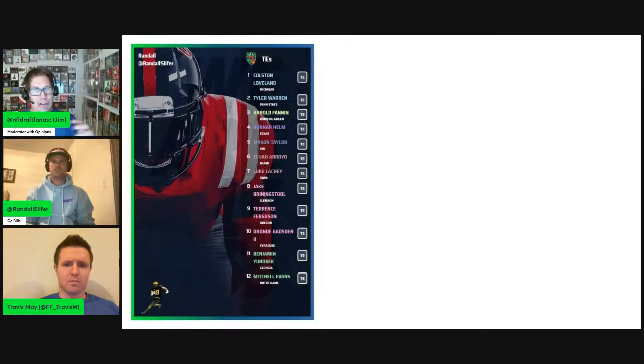So it looks like at the top, this is going to be one of the better tight end classes, with 4 or 5 likely going in the top 100. But what's impressive to me is that, Randall, all 12 guys here you have graded round 5 or better, right? So it was top 175, which would be round 5 or better. Yeah. Okay. So with Randall calling out 12 tight ends, round 5 or better, that's going to be really close to the average number of tight ends that are drafted.